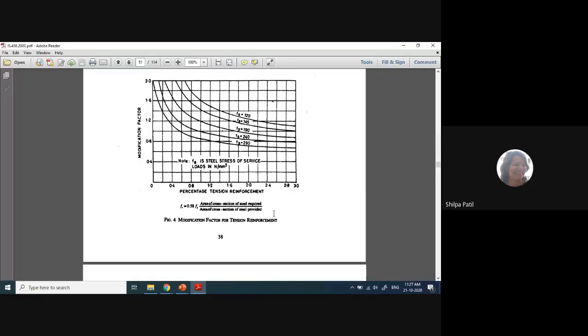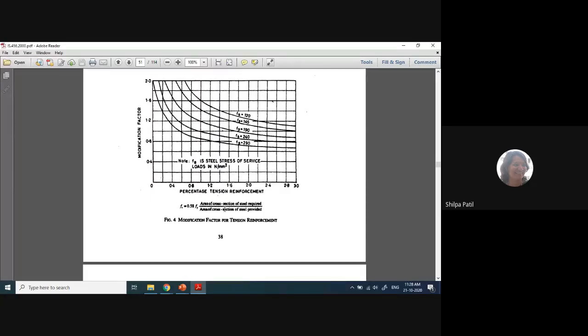Also we cannot provide a higher value of the percentage of steel so that our beam or the section may turn into over reinforced section. To avoid that, we have to provide the steel just equal to or just little more than the required one. So we'll consider this ratio initially as 1. So our Fs will be equal to 0.58 into Fy into 1.